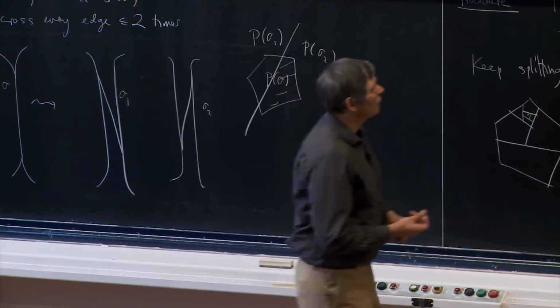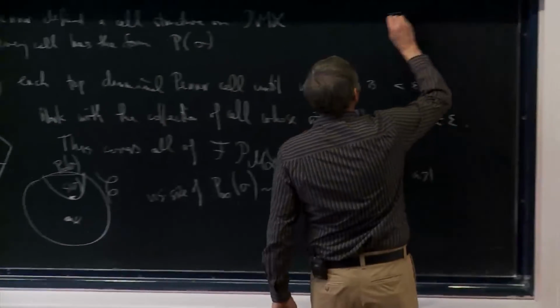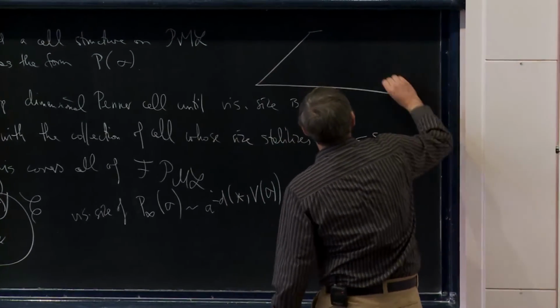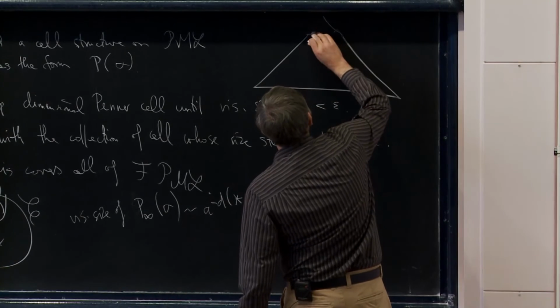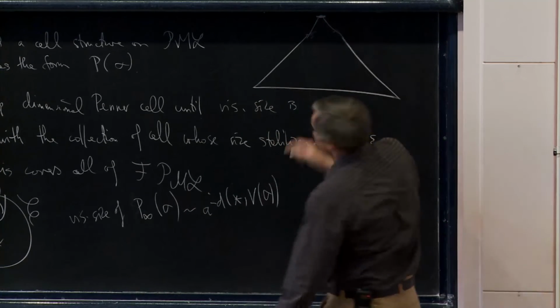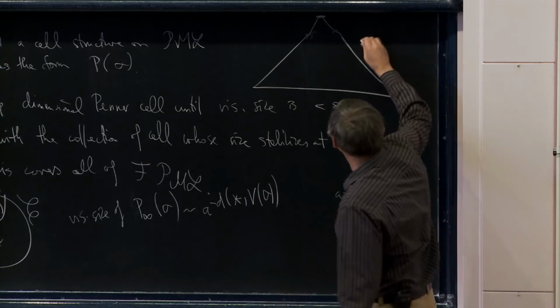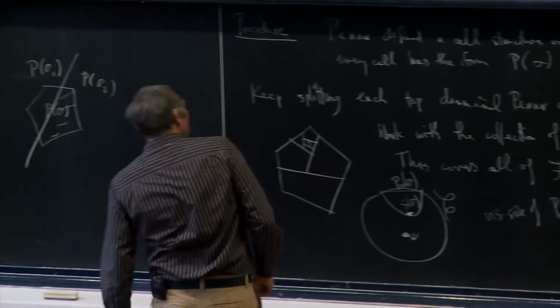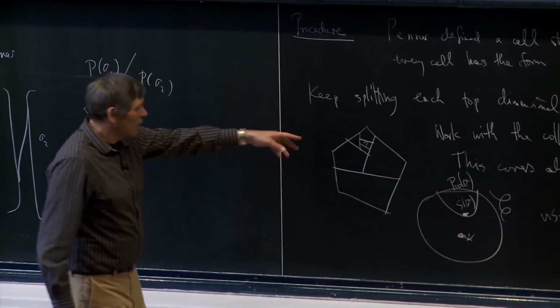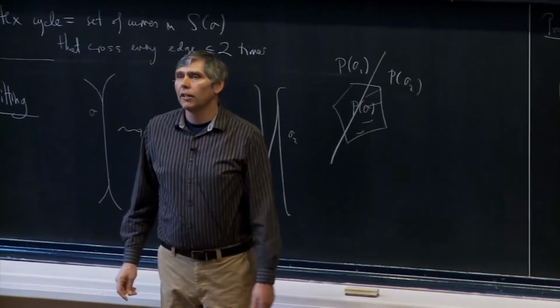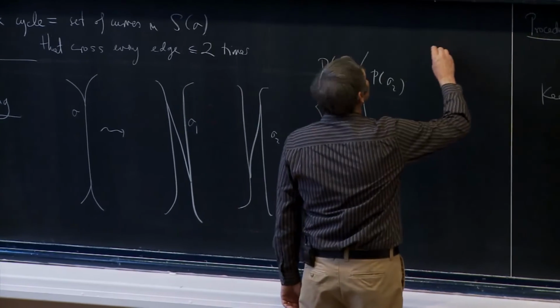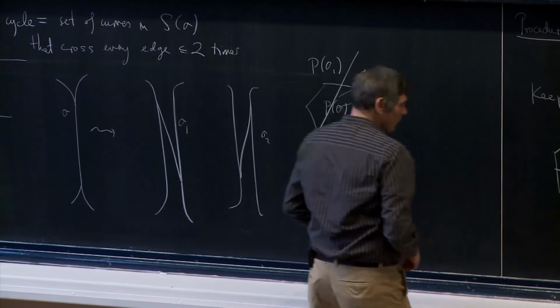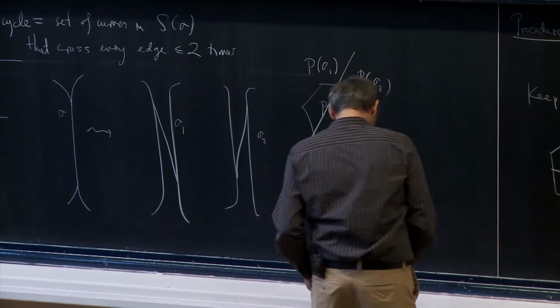So I don't have to worry about getting pictures like this, where I have some kind of a big cell, and then there's a tiny face. Okay, so that doesn't happen. So this is good. The bad news is that intersections of these top-dimensional cells may not be faces. You could have something like this. Let's see. Maybe I should bring the board down.